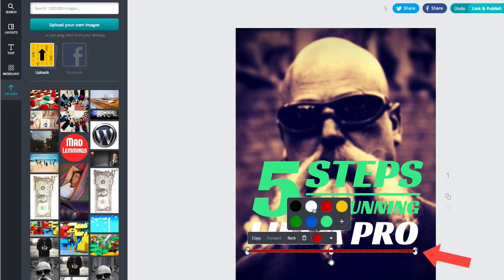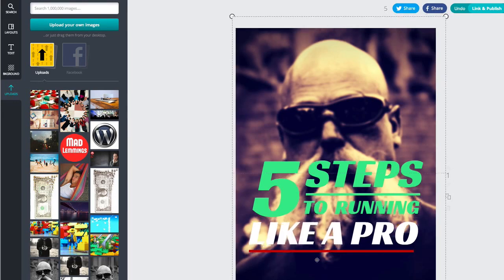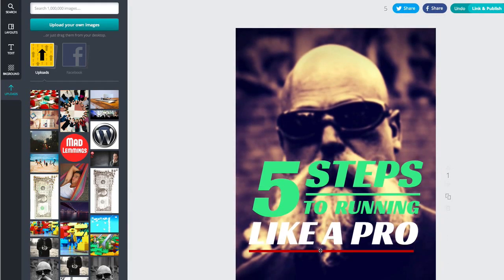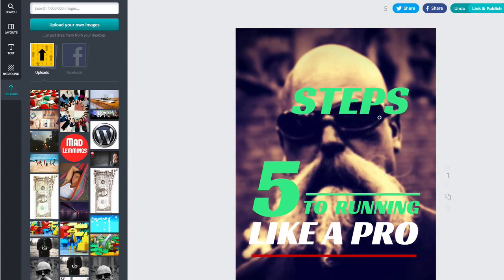As you can see here, I can change that underline. You can drag and drop elements. That's grabbing the picture. But if I grab this element, you can drag and drop it. You can move things around. You can resize the fonts,